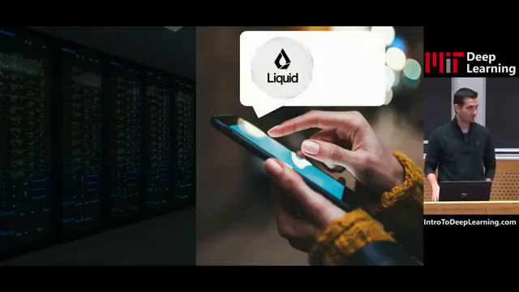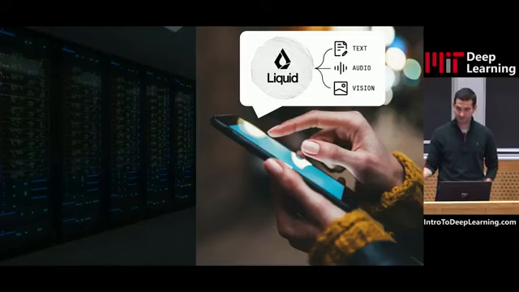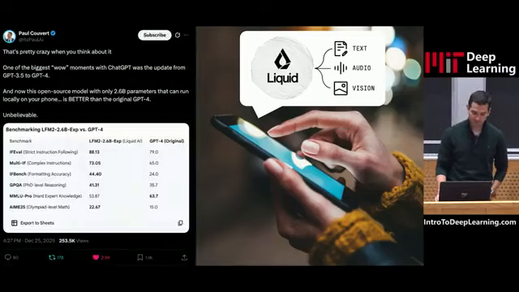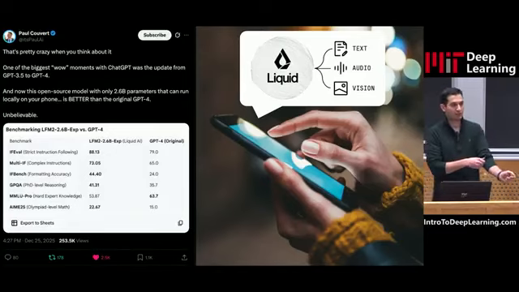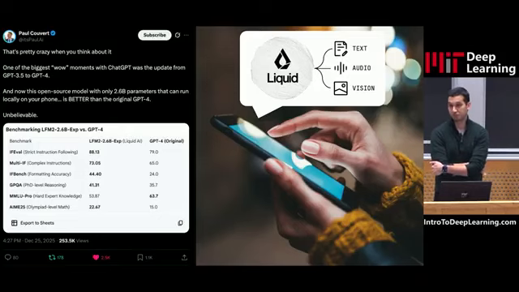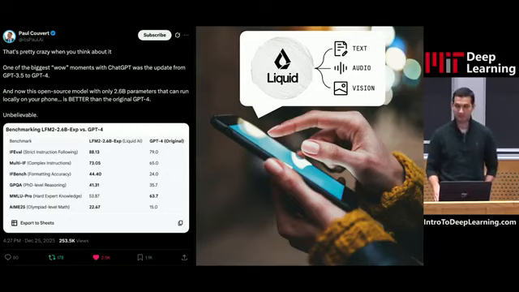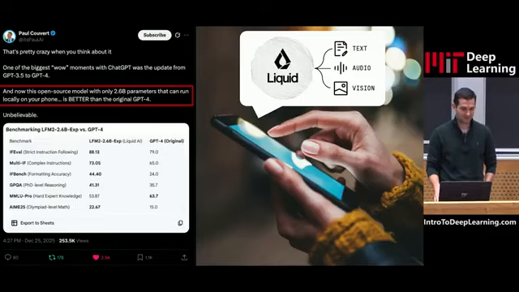Now, this was a model actually developed by Liquid AI. It released about 1 week ago. It's multimodal. It can process all of these different modalities: text, audio, and vision. But there have been a ton of these model releases in the past few years, actually, since GPT first launched. And this problem that traditionally was there, the gap between large language models and small language models, has always been around, right? This was actually a very special release for the community because of this context on the left-hand side. So I'll read it out just for everybody to see. So it's pretty crazy when you think about it.